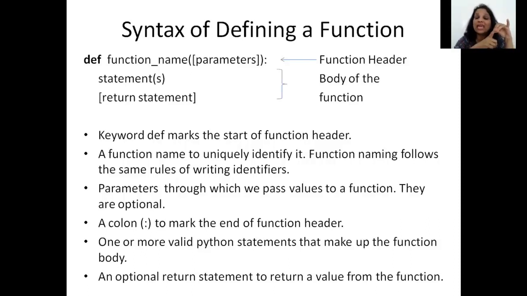Identifiers are case sensitive, which means something you write in capital is not going to be the same as what you write in lowercase. And lastly, you cannot use Python keywords like break or continue or for while naming identifiers. Okay, so these were the 5 rules we learned in class 11 while naming identifiers. The same rules are applicable here while naming a function.